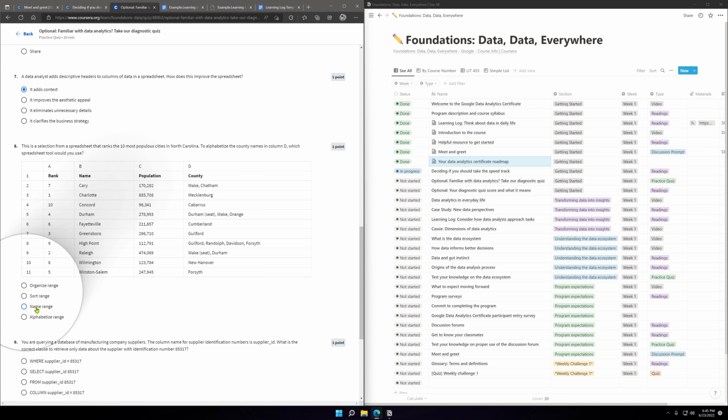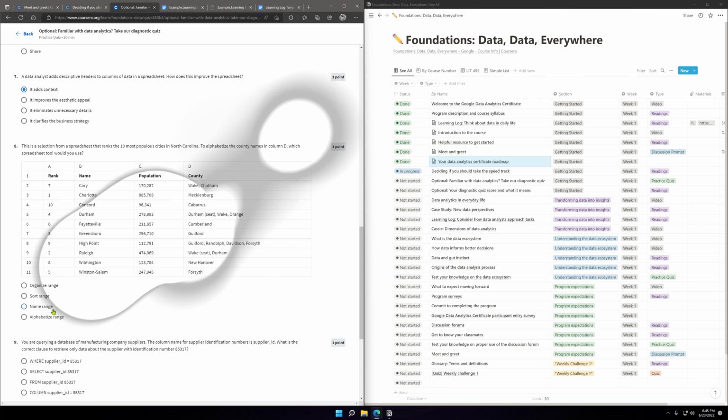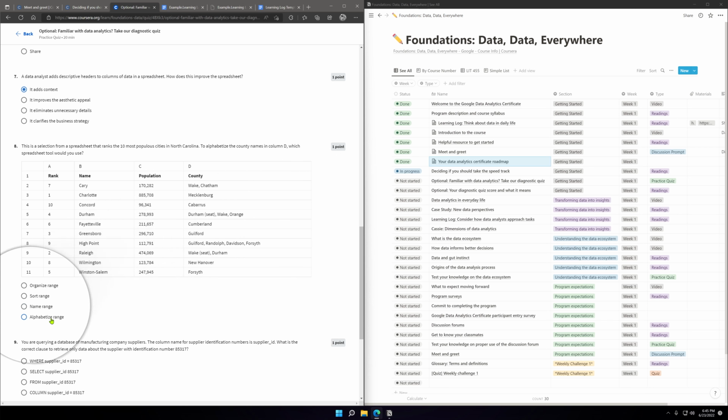Well, I want to go with this name range because I think this would sort it by its name, which is alphabetizing it. This sounds too good to be true to be a feature. I think this question would be too easy if this is the answer, so I'm just going to go with that.